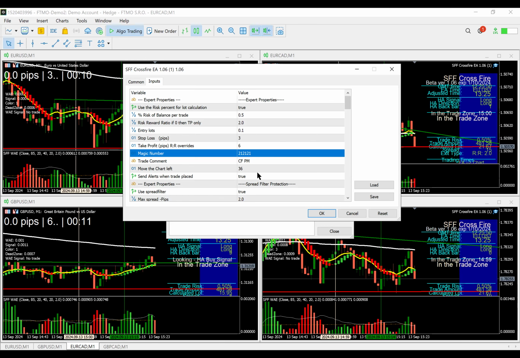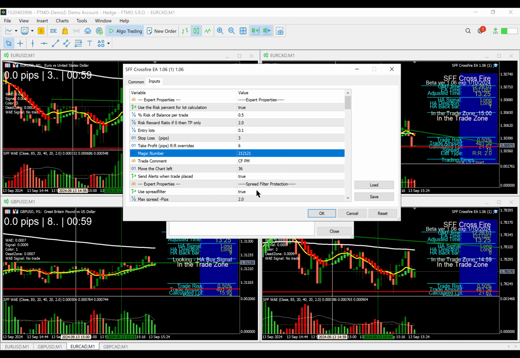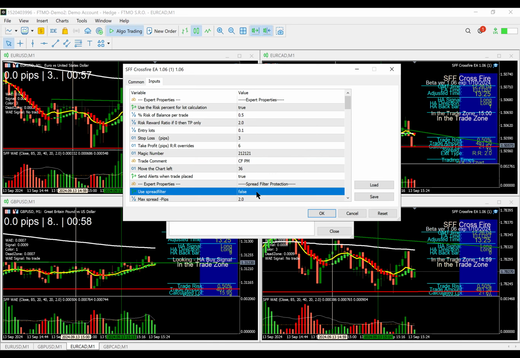And I've asked it to send me an alert when it places a trade, so it's an audible alert. And then the last part is to use the spread filter. You can toggle that between false and true. I like that to be true, and I like it to use a maximum spread of 2 pips. In other words, not so much in the afternoon session, but certainly in the morning session,